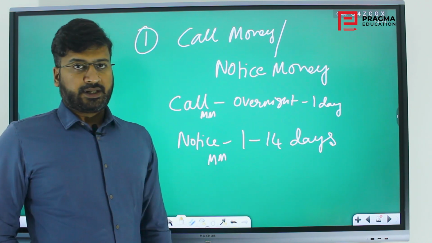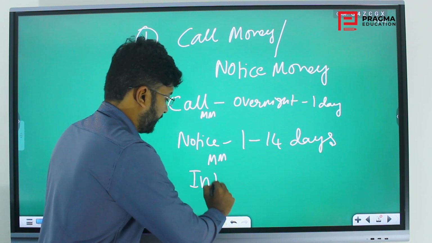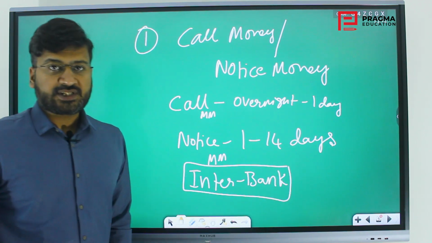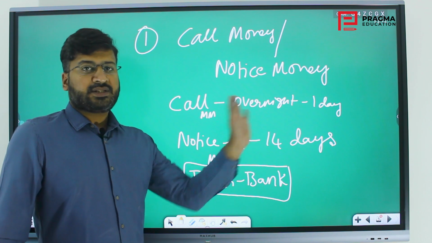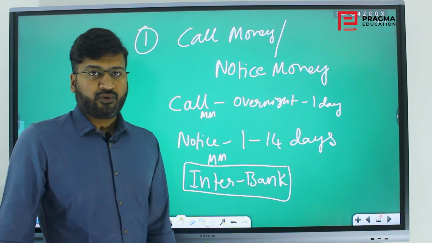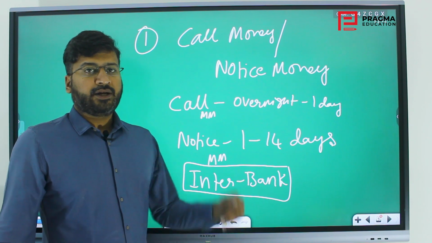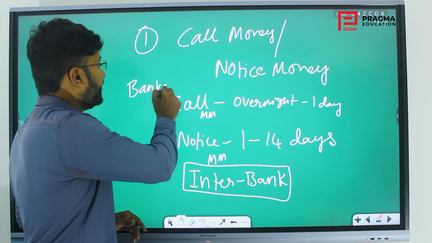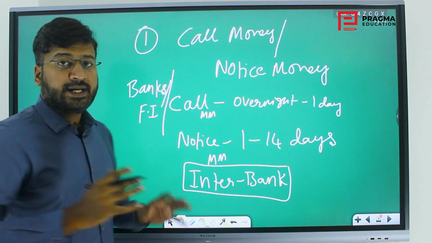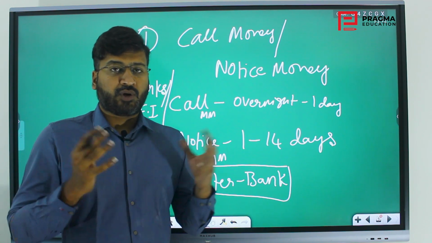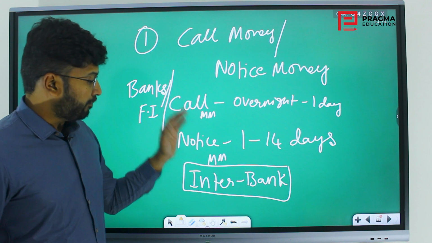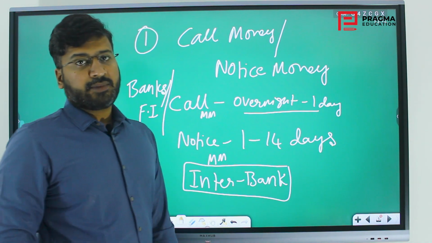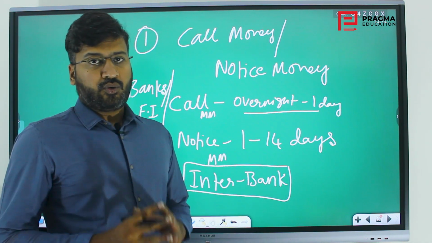It is generally an interbank phenomenon. It is not observable to individuals in the economy because for individuals they don't give on an overnight basis or for 1 to 14 days. It is given by banks in other durations and other terms. This is interbank: when the banks or the financial institutions need money to carry on their day-to-day businesses, borrowing and lending requirements and everything, banks will borrow and lend. If they do it from overnight to 1 day, it is call money. If it is 1 to 14 days, it is notice money.